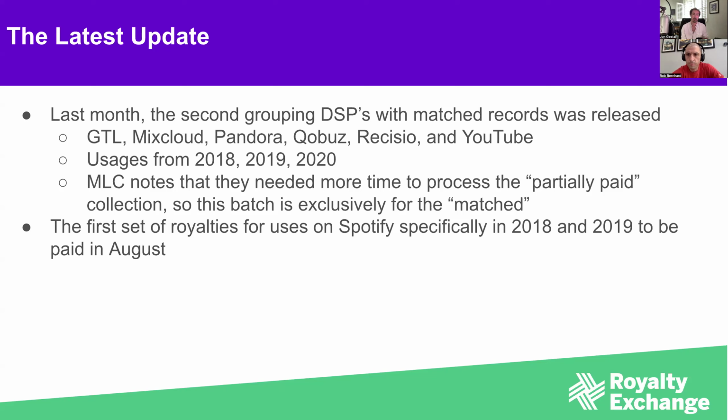But not really any concern. They're pretty transparent about how all this stuff works to their members. So that's what's to be expected in the next payments. They also mentioned that they started working on Spotify, which naturally, I think most people understand Spotify is the biggest DSP in the world. So yeah, a lot of data there. So they get their own kind of special processing timeline. But they've started it, which is awesome. It's only for 2018, 2019, and the first payment for that is expected to be in August, which again, that will cycle hopefully in September if all that gets paid out in time, but we'll see how that looks.